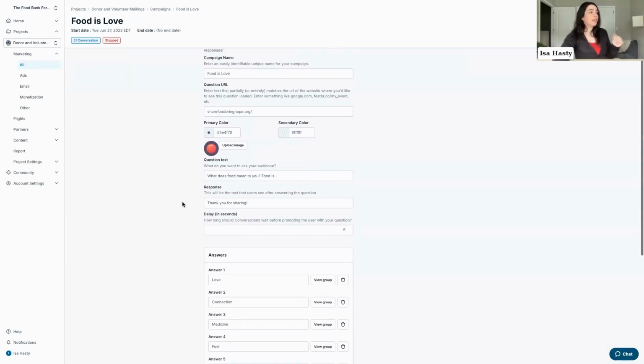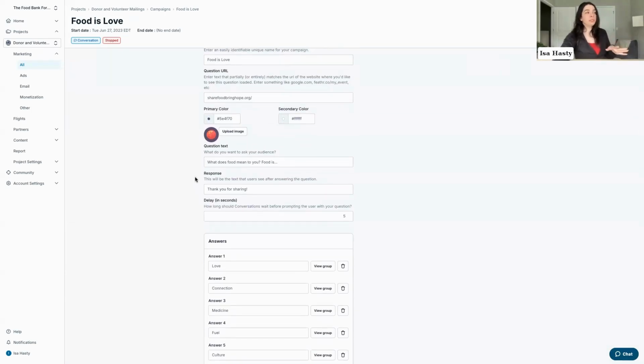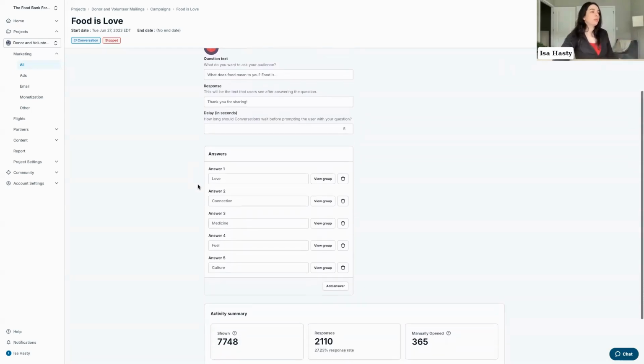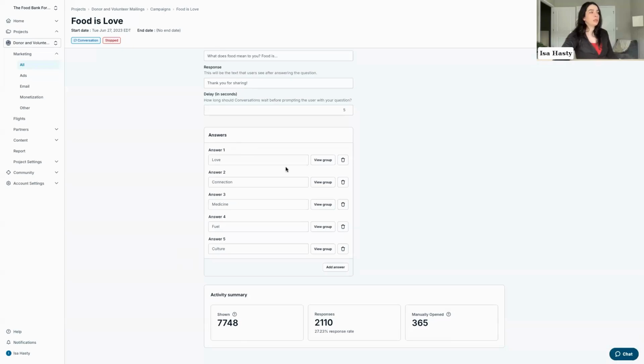And the question was, what does food mean to you? This was just a simple question to get people thinking about the meaning of food. I think her goal was to draw them closer to the mission and closer to thinking about what food means for them, for the community, for people in need. And so there were just a few different options here. And then as you can see, we're in Feather right now, based on the answer here,